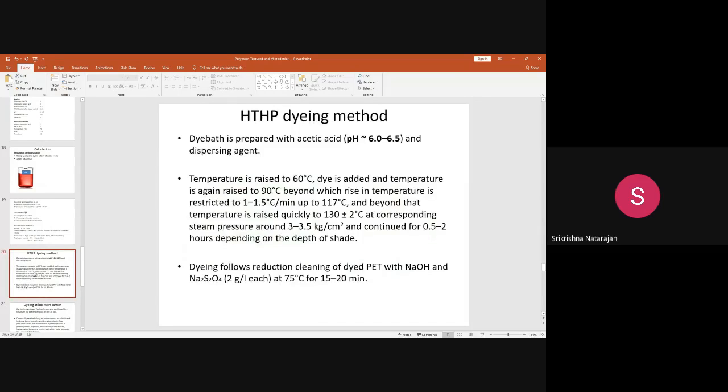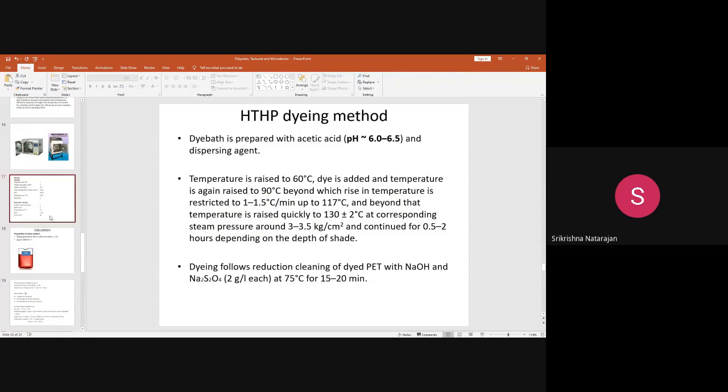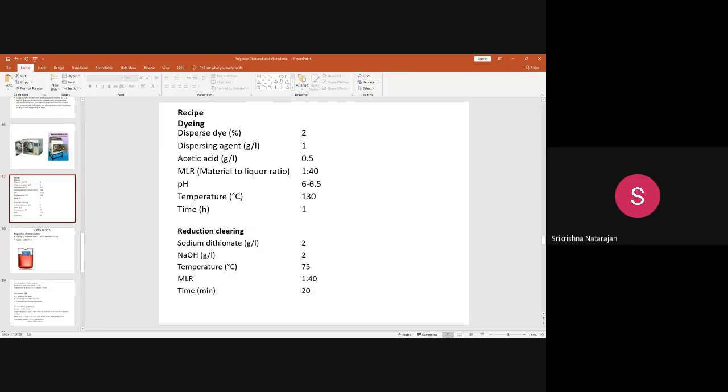So इसमें क्या है, इस dyeing में the important thing is dyeing should be carried out with the acetic acid, because this dyeing action takes place at the acidic pH only. You know the nature of the polyester, it is sensitive to alkali but not sensitive to acids. Okay, the dyeing reaction happens at the acidic pH, so you use a pH of around say 6 to 6.5, sometimes you may use 5.5 to 6.5 also. Okay, you use an acidic pH. Okay, so because polyester dyes, the disperse dyes are dyed by the polyester at the acidic pH.